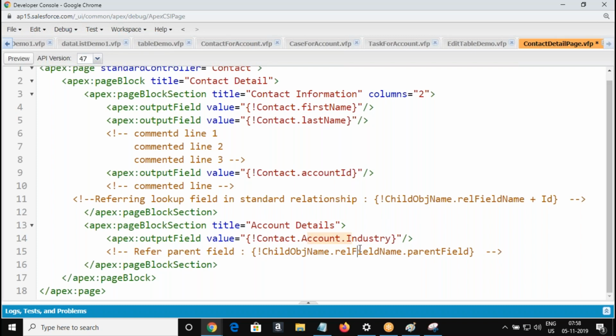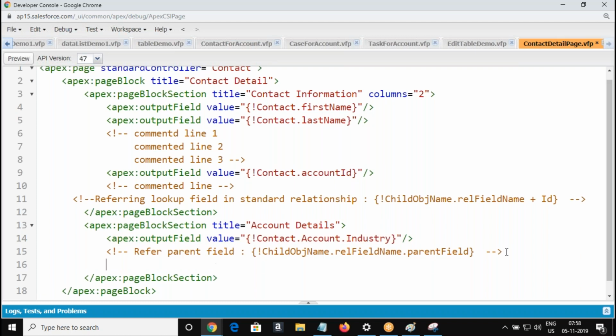That's the naming convention to follow. When you're referring to the lookup field directly, we go with the suffix ID. If you're referring to any other parent field, the naming convention is relationship field name dot parent field name. People have to follow this.